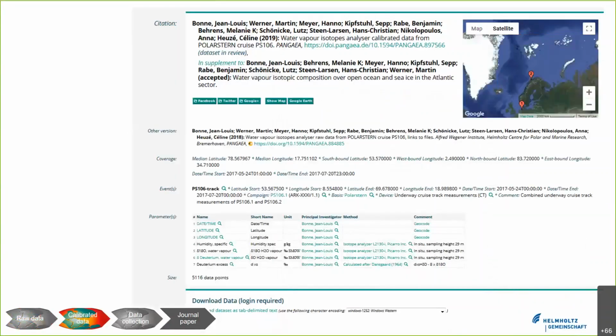And this is what the processed dataset can look like. In this screenshot, I've selected it on purpose because here I can show you what it looks like when we're still working with the dataset, with authors and data repository.